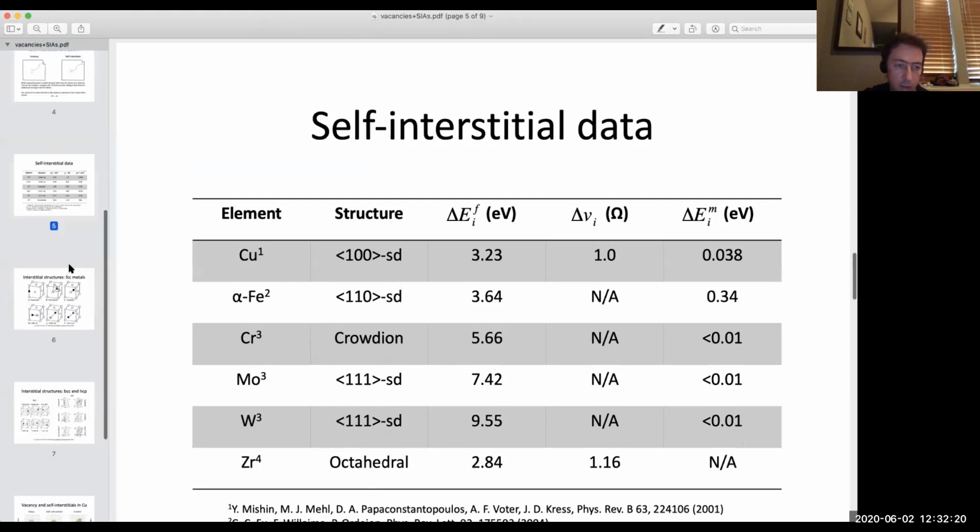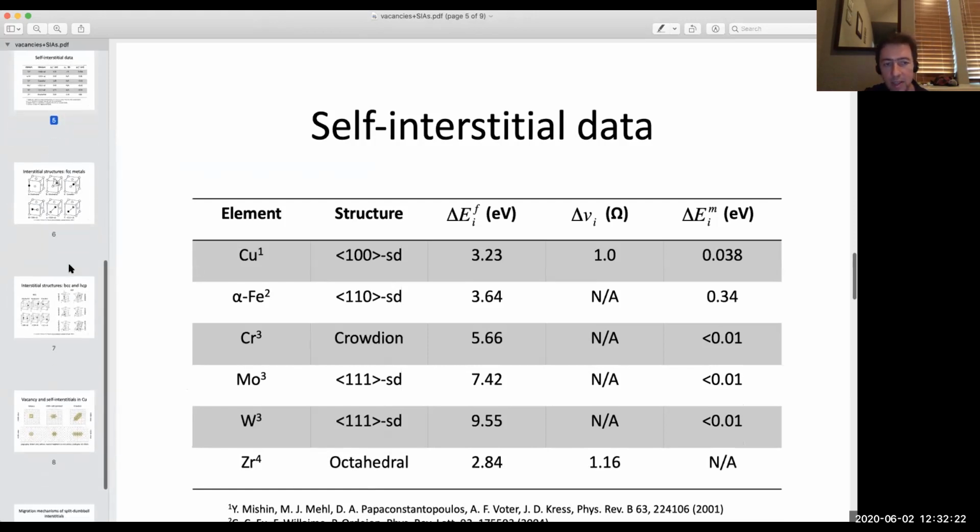The other reason why I like to use self-interstitials as an introduction to LAMMPS is because if you're interested in creating a vacancy in a crystal, there's only one way to do that, right? In a single component crystal, there's only one way to make a vacancy, and that's you remove an atom.